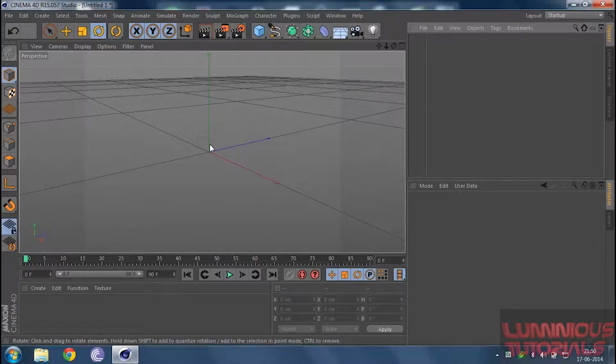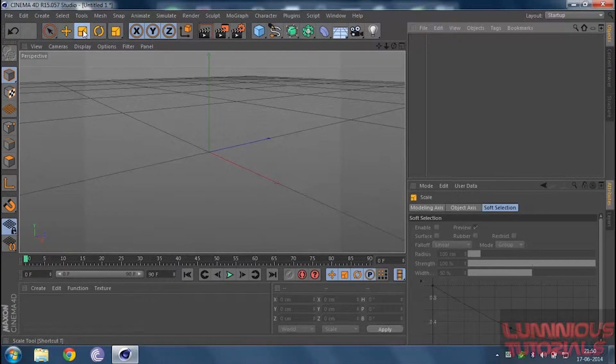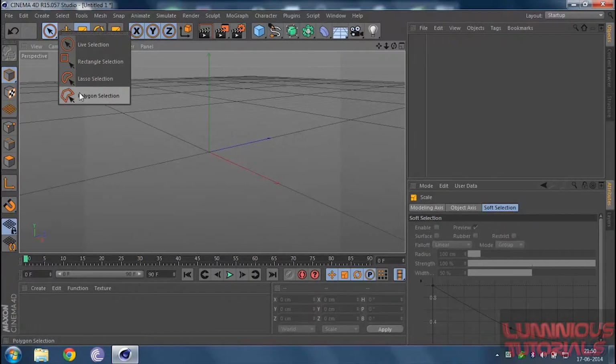Today we are going to learn about the select tool, move tool, rotate tool and the scale tool. So as you go up your shelf you find all the tools over here. Now you've got four different kinds of selection tools that might be similar to Photoshop if you have been using it. So to understand this concept, you have to drop in a few items.